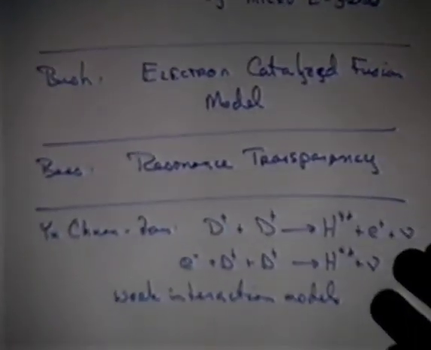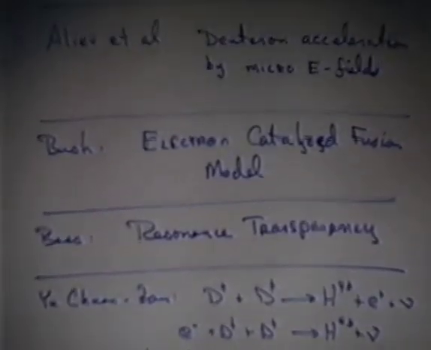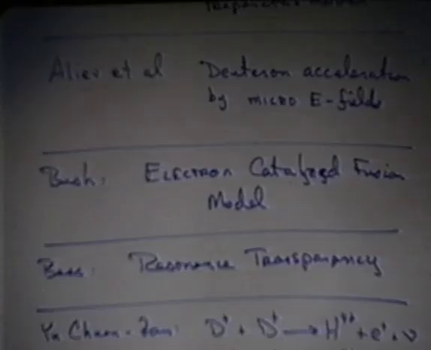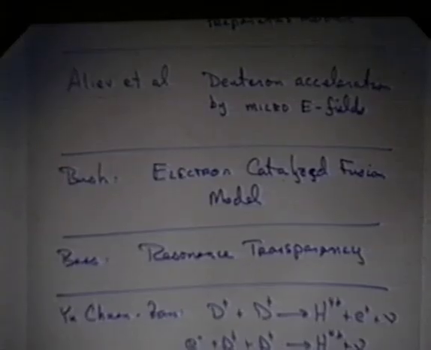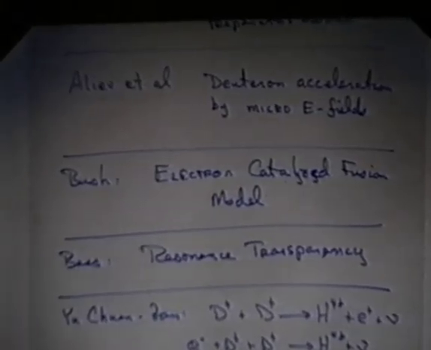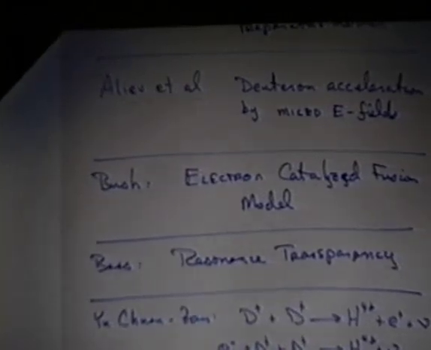Aliev's paper, at least from the abstract, points towards what I'll call a classical Russian school of thought. And the classical Russian school of thought has it that somehow the deuterons are accelerated and they fuse. And it's along the lines of fractal fusion, but it's not fractal fusion, but fractal fusion, at least in my view, gets shorted out. But these are attempts. This theory and quite a few other theories are attempts to actually provide mechanisms to accelerate deuterons on a microscopic scale.